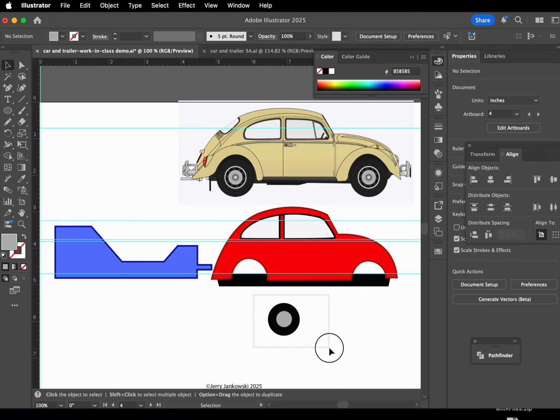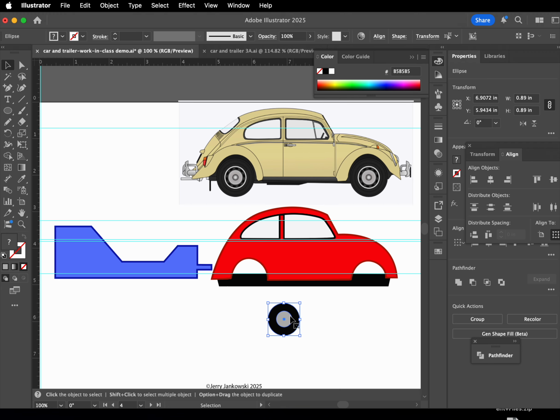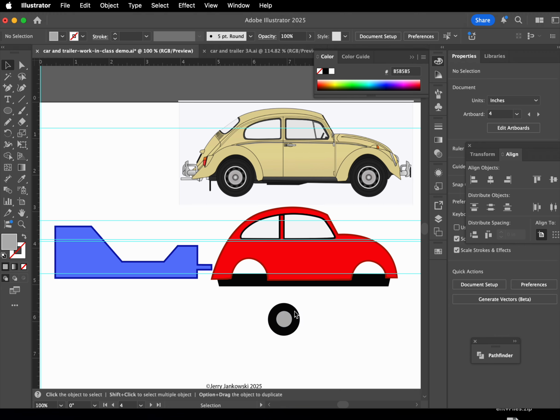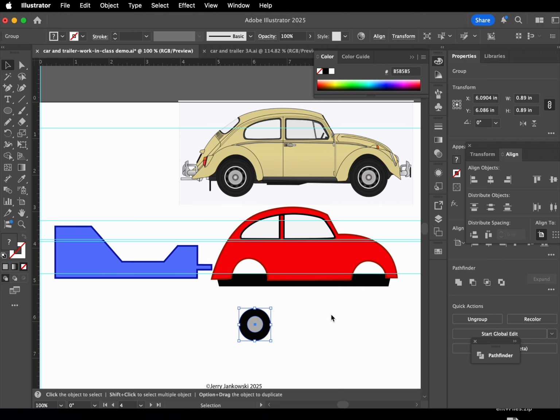Okay, now I'm going to select both of these shapes, do a command or alt G, which is group. There it is. So now I can click on one and it moves all over the place. Okay? Now, I'm going to duplicate these. I'm not going to draw them all over again, okay? So I can either do Command C, copy, and then Command V,